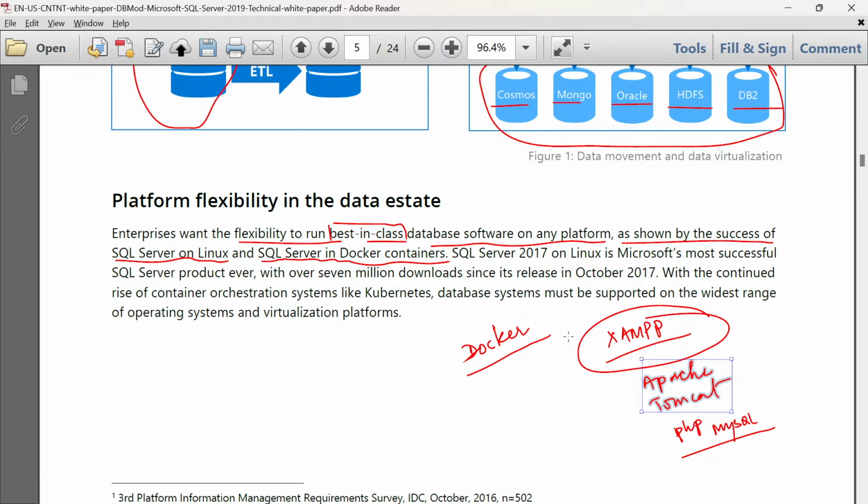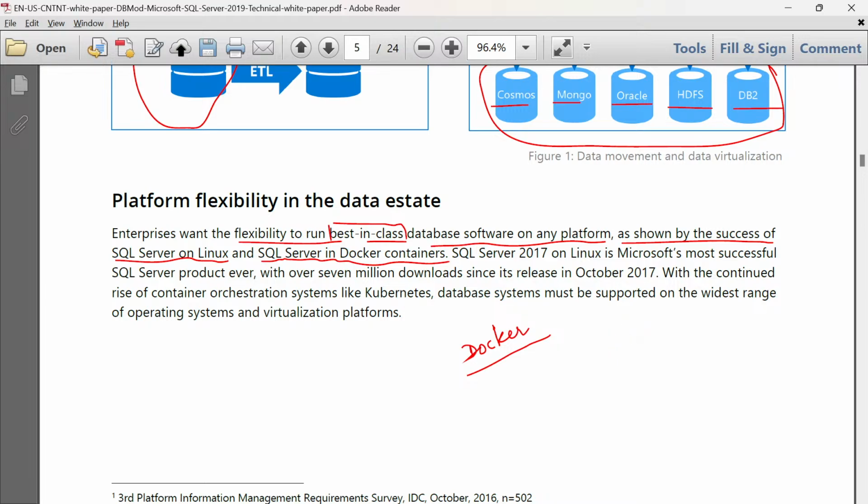These are something different from this one, but we will not focus on all these things. Just remember that Docker means a lightweight platform, a lightweight software where services can be hosted or utilized.